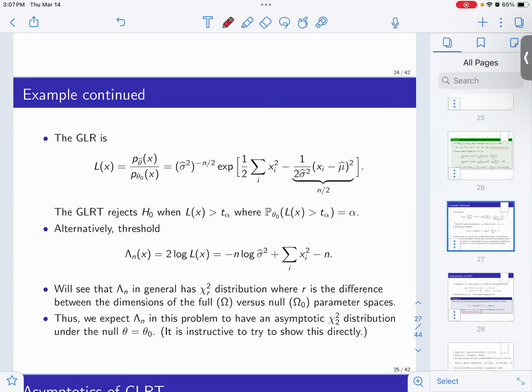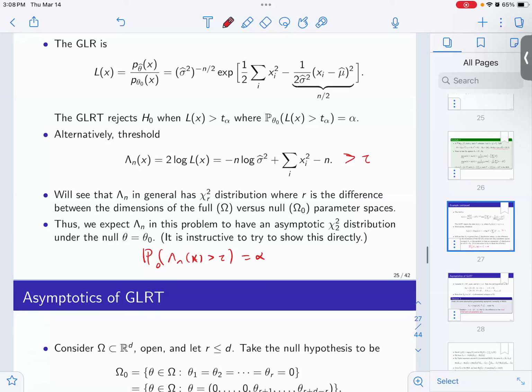The issue is that figuring out the distribution under the null might be tricky. In order for me to set this, I want to set this equal to some threshold. I can absorb the n into the threshold as well. So I want to say, what is the probability that this is bigger than tau? And then I want to set it equal to alpha, but that requires figuring out the distribution of this quantity. For that reason, people have developed theory that tells you under the null this is going to